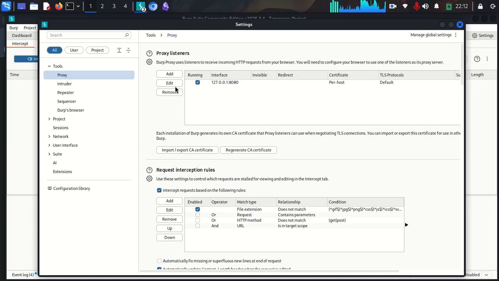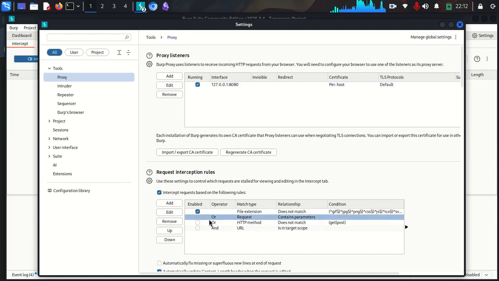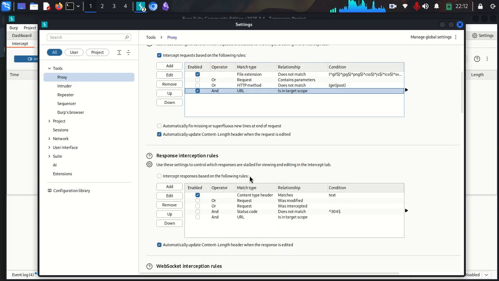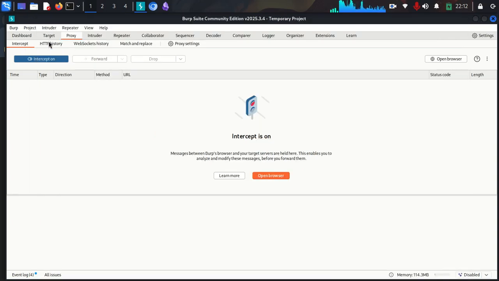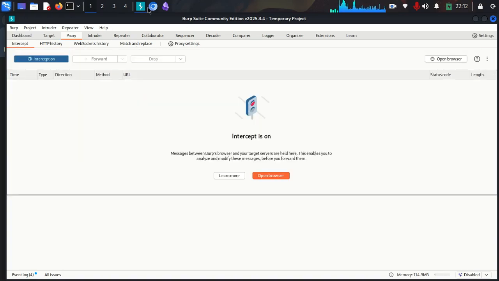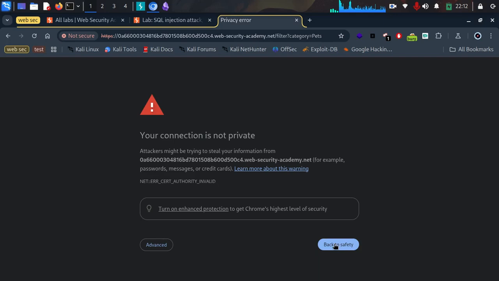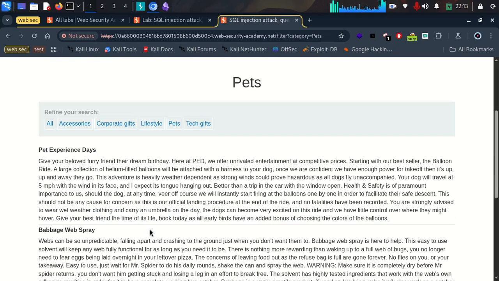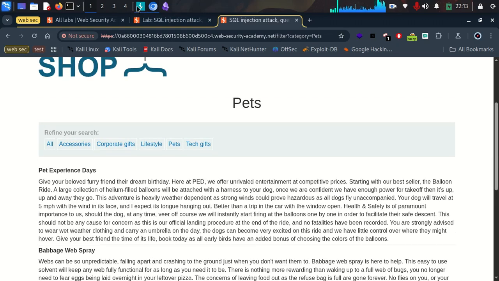Just come here to our proxy settings and put a tick here, so as to sort the ones in our target, and also I'm going to get this one in our target. So if I close it out, now if we come back here to our HTTPS, I don't see anything here. But if we go back to our interceptor, I'm going to just come to advanced so that we can submit, and we put this as our target. So I submitted that and it wasn't submitted successfully, but let's come back here to our Burp Suite